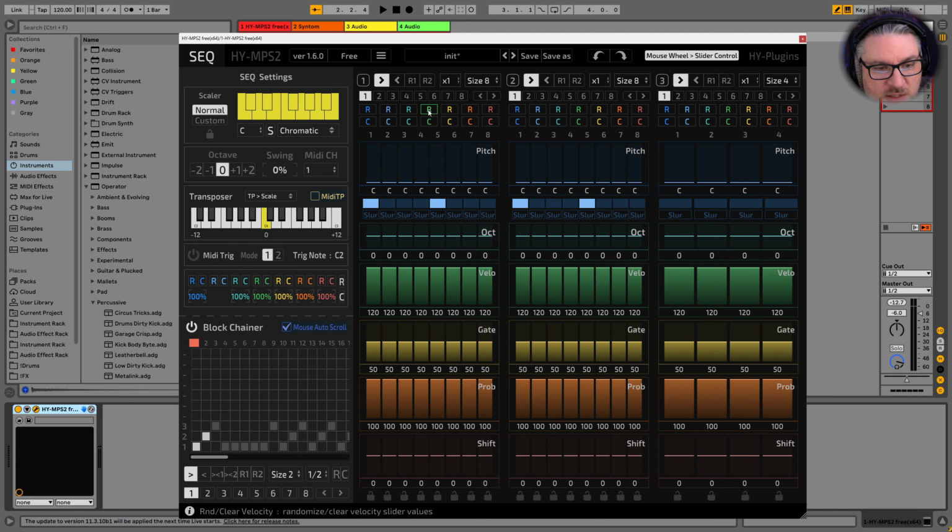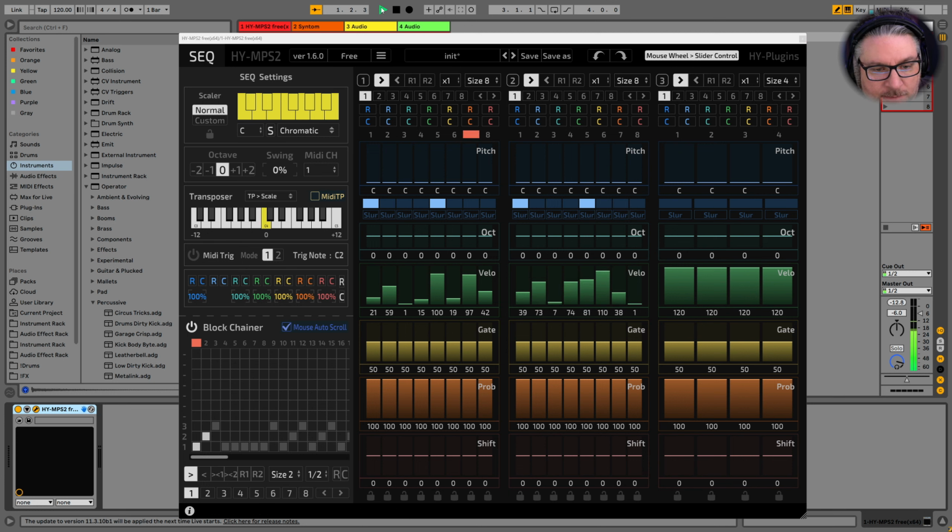So that's going to be 1, 2, 3, 4, right? So the green is going to get randomized. And if we hit play, we can hear that's what's going on. And let's change the pitch up a little bit here and turn on slur, which I think would be a note tie. Yeah, it's a note tie. Yep, this is like gate trigger, I think.